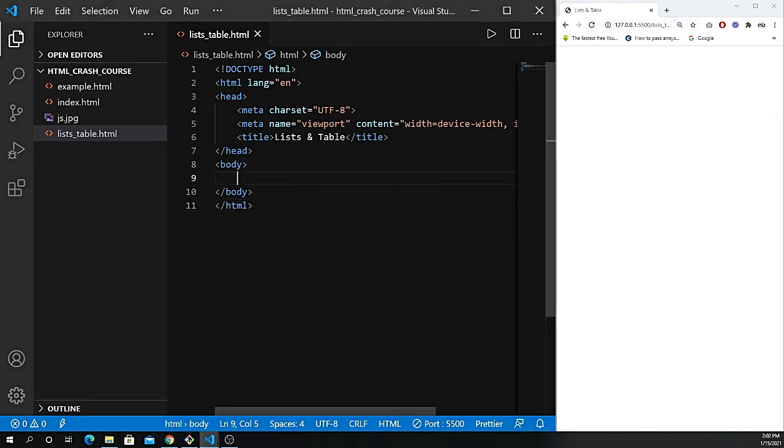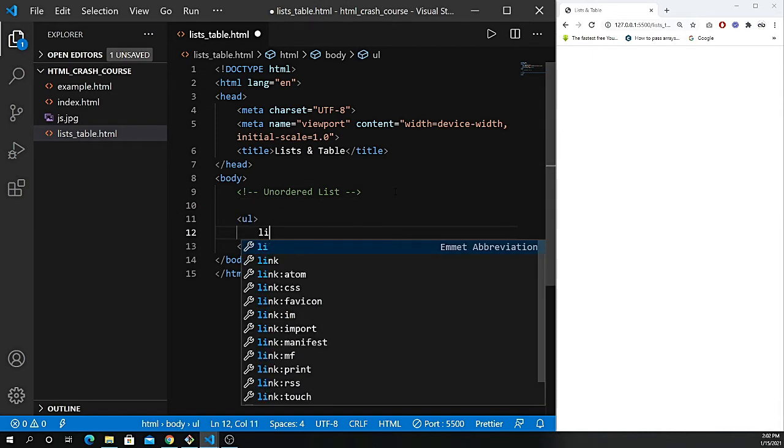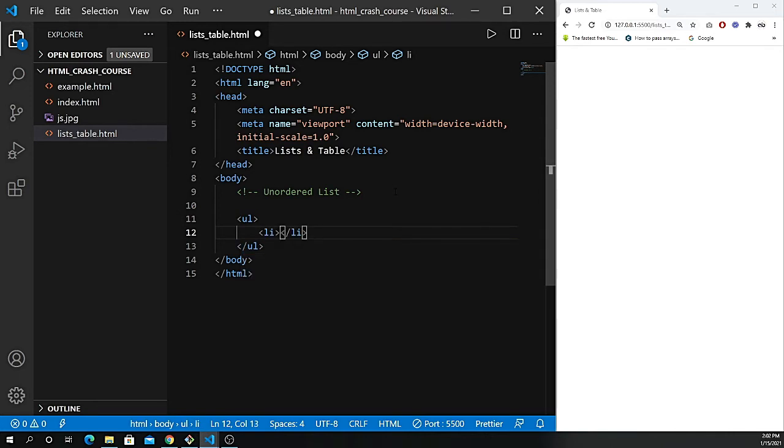Let's go inside the body. First, let's look at the unordered list. In the case of the unordered list, I'm going to give the ul tag, which is basically the unordered list, and inside that I'm going to give list items. Let's give the list item the name item 1, right? If I save it, you can see here the disc,